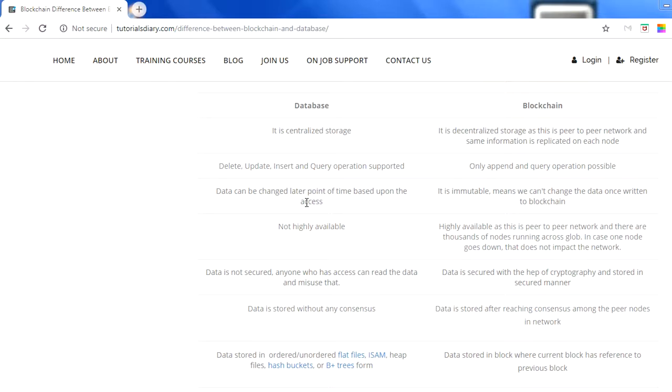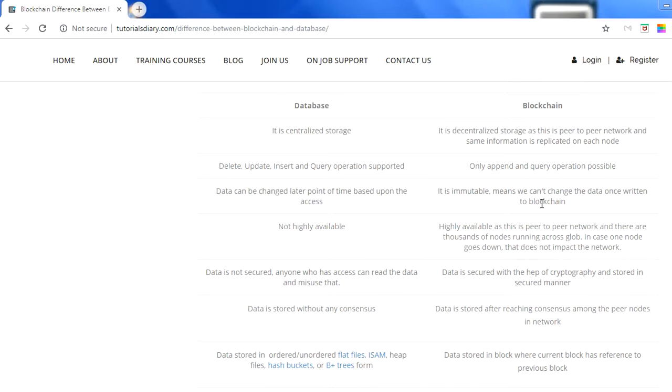So what it comes out to be is that once you're storing information in a central location and someone has access to change your information, that means you are trusting another party. Suppose I'm storing my information in a database, so I have to trust the company hosting the database that they will not share my information with other people, or change my information, right? Because they have the access to change my information in the database at a later point of time.